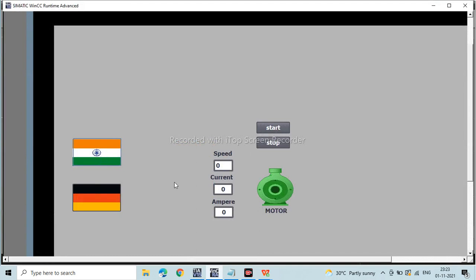Whenever I click on the Indian flag, it will give start, stop, motor, speed, current, ampere, all in English. And when I click on the German flag, it will give the German tags. So this is the HMI screen I have created for multiple languages.